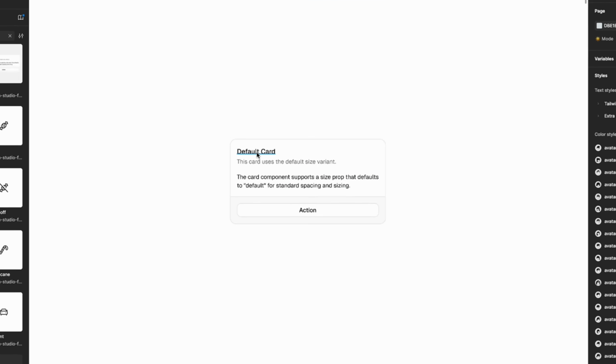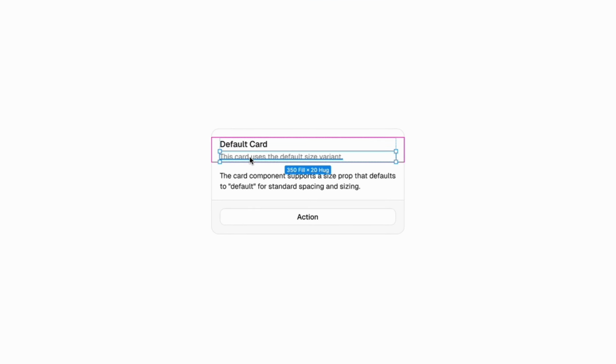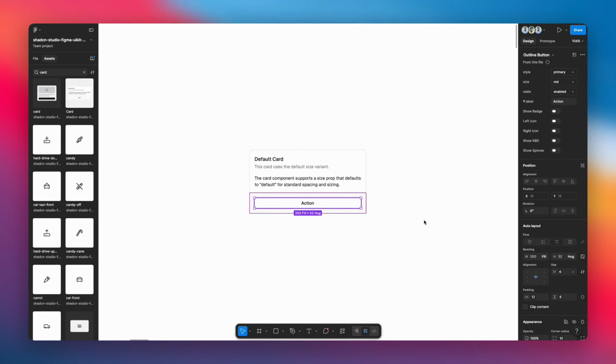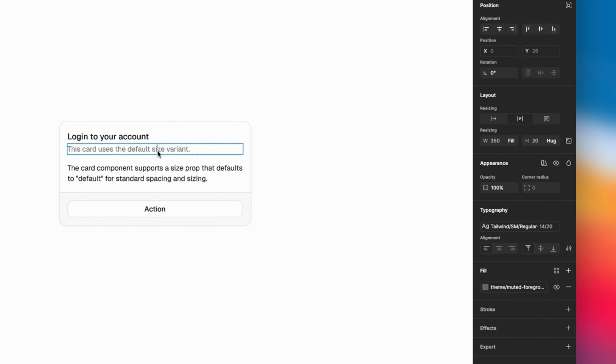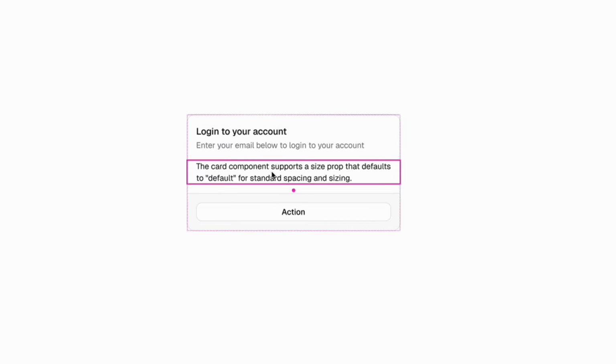This is the default card with a title, description, and a single action button. Now using slots to customize it. First updating the card title and description text directly,